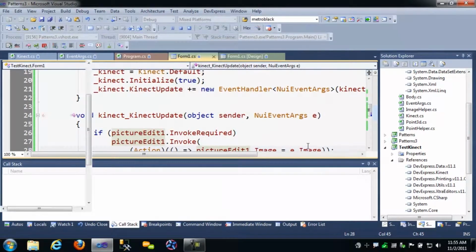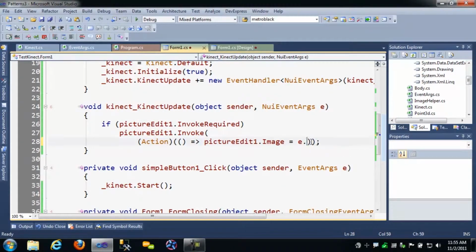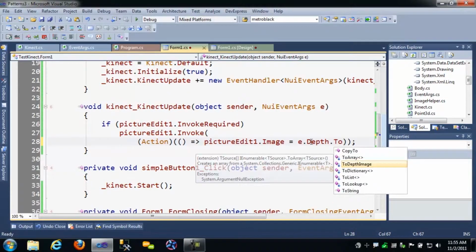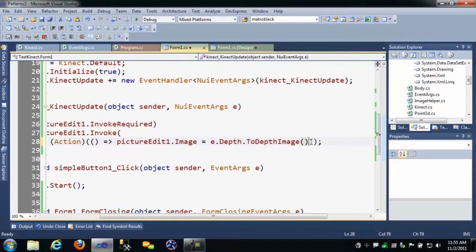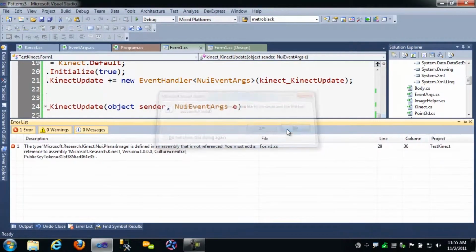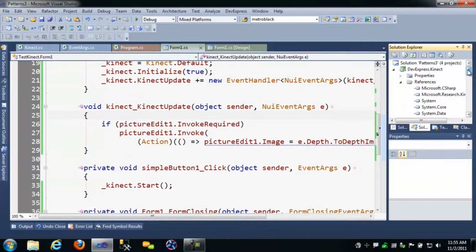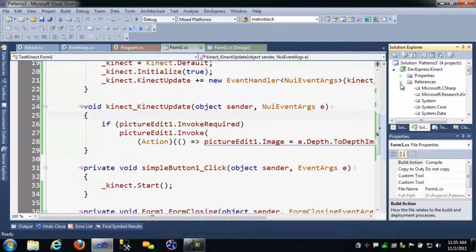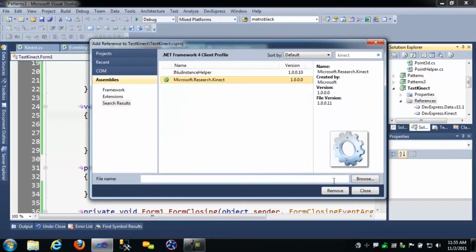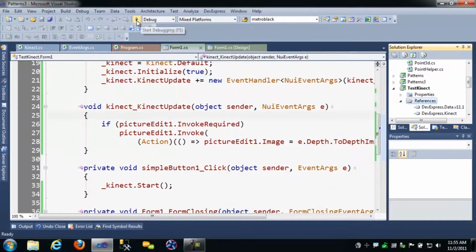The next thing that I want to show you is I want to show you the depth. So I'm going to say e.depth, and I can say to depth image, because I have a little helper method that does this. And so now when I hit this, oh, yes, that was dumb of me. I need to actually, I did not add the reference to the actual Kinect API, which was not very smart of me. So I'll go here, add reference, and I'll say Kinect. And I'll put that thing in there. and then hit close. And now when I run it,